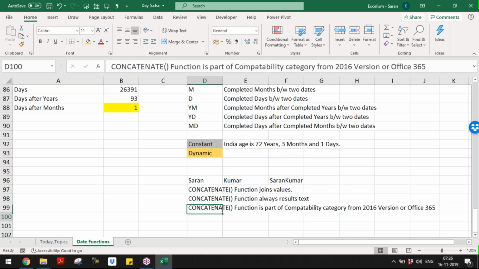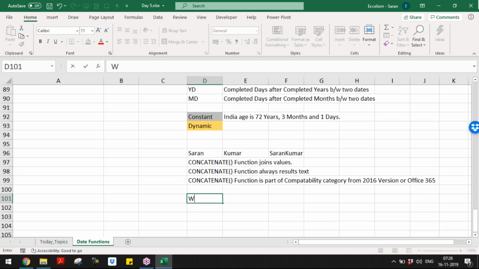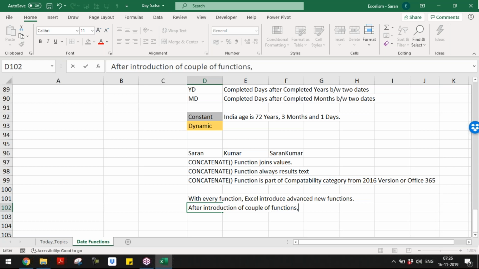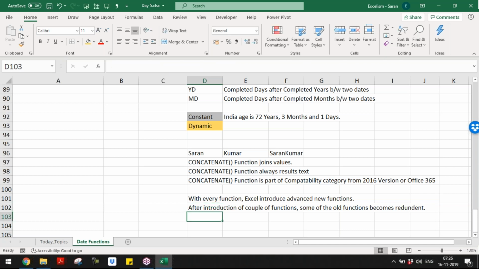First, let me explain something about the compatibility category. With every version, Excel introduces advanced new functions. After introduction of a couple of functions, some of the old functions become redundant.